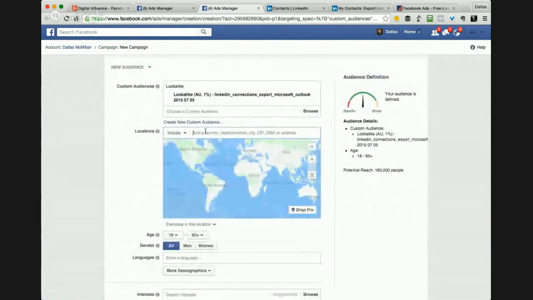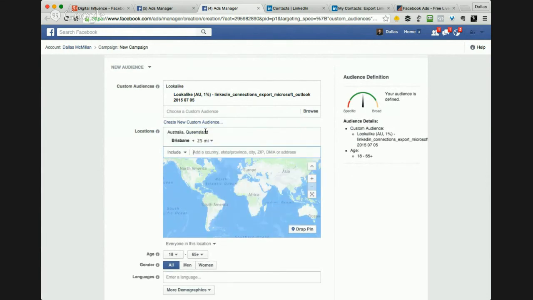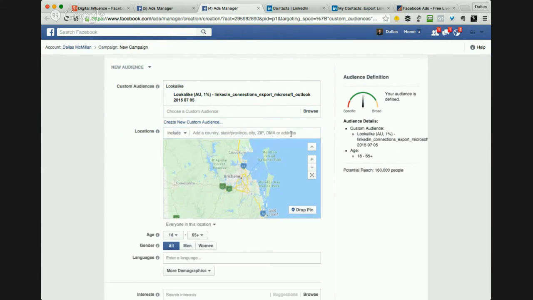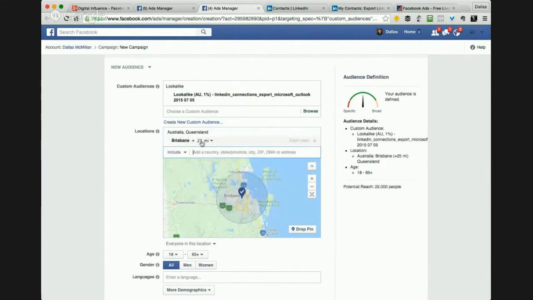So let's say, for example, I want people around Brisbane. Let's say I will be running a workshop in Brisbane over the next couple of months on social sales funnel. And so I'd love to be targeting people who are in Brisbane for this. So we'll add in Brisbane. At the moment, it's targeting Australia, Queensland, and I can get rid of that. Oops, no. That was like a heading for the Brisbane one. Okay, so Brisbane, Queensland, Australia, and 25 miles around. Let's go a bit bigger than 25 miles. Go to 50 miles.